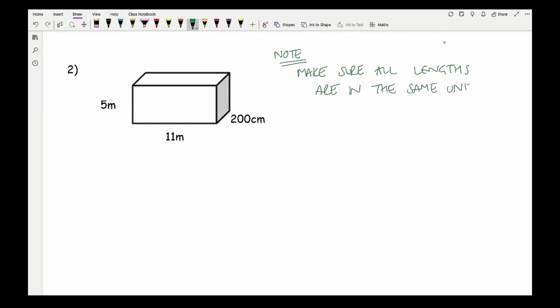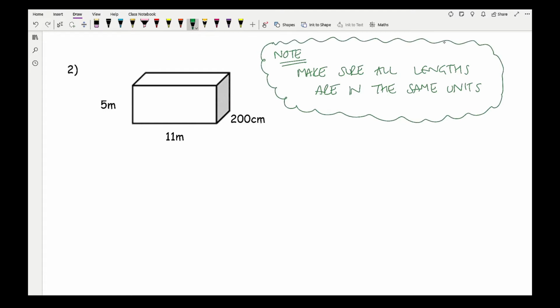Now we didn't have to worry about that with the first example, with it being a cube, because obviously we only need to know one side, because in a cube all the sides are the same. However, when you have multi-dimensional shapes where the sides are going to be different, it's just something to bear in mind. And now, looking at this, a good question is do we work with meters or do we work